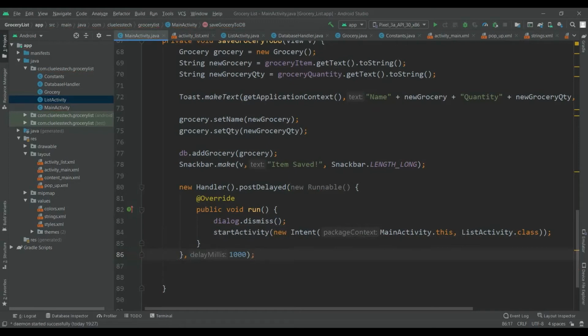Okay, so this runnable interface will dismiss the pop-up dialog and